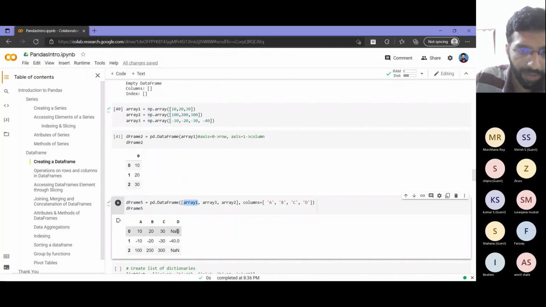So because of the size mismatch, wherever it is not finding default data to fill, it will print as NA. So this is what I told earlier. If I use size, this also will get printed. But if I print using count, for the values in this column, it will return only 1, because there is only one value other than NA in this particular column.